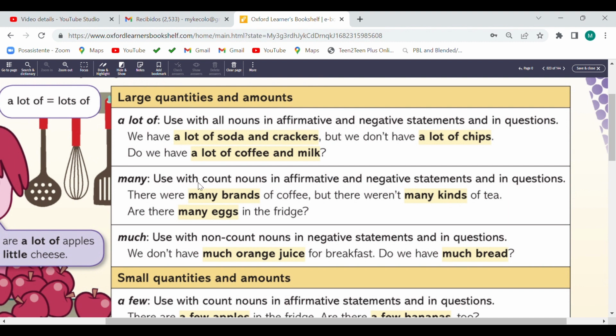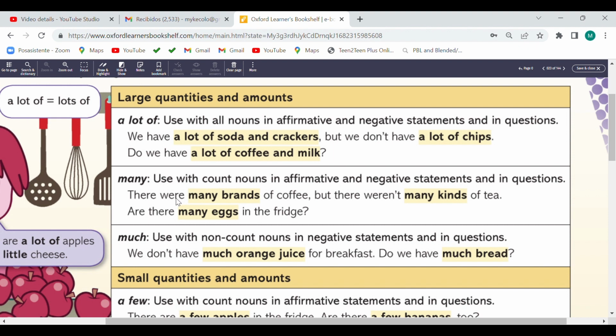Many. Use with nouns in affirmative and negative statements and in questions. Bueno, algo diferente que many podemos utilizarlo solo para los sustantivos contables, todo lo que se pueda contar, en donde no interviene un aparato para poder cuantificarlo, ¿verdad? Como la balanza, entre otras cosas más, ¿verdad?